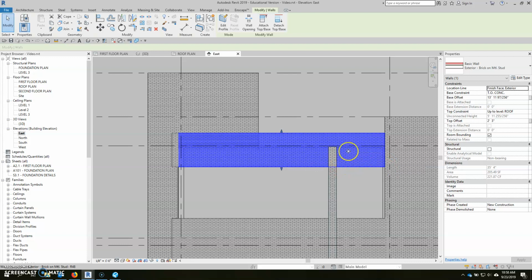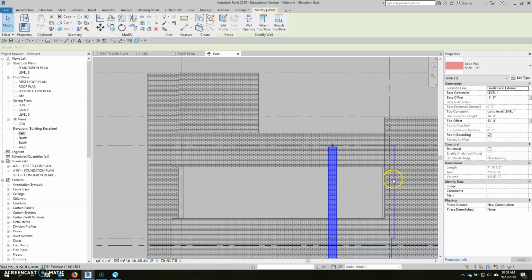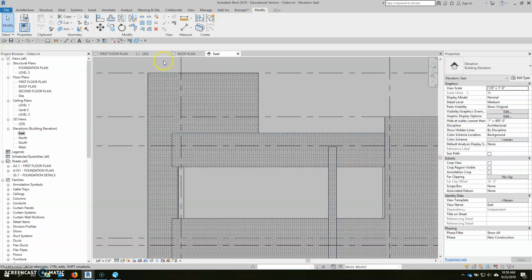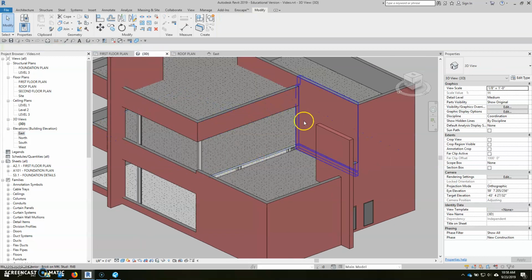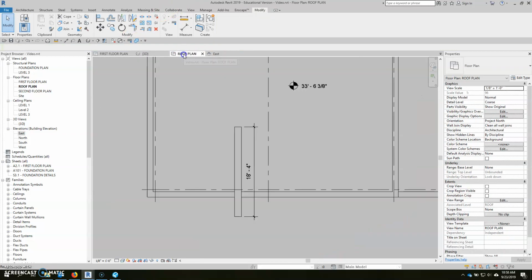Now that we know where the top of this is, we can now put our roof in this section, because the bottom of this roof that goes between this fin wall and this piece of the building, the bottom of it aligns with this here. So we can go to a 3D view and see what's going on here. Now we can go to the roof plan,